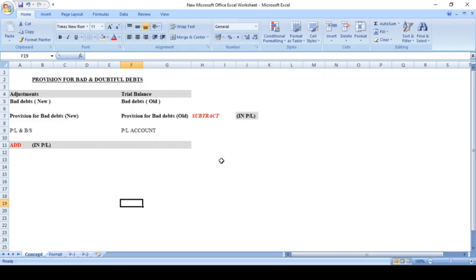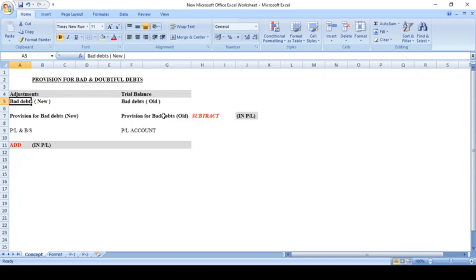Generally under final accounts you will be given a trial balance with a few adjustments. So there may be cases wherein you'll be given a bad debt in the trial balance as well as a bad debt in the adjustments also. Similarly, you'll be given a provision for bad debts in your trial balance and provision for bad debts in your adjustments. Always remember,